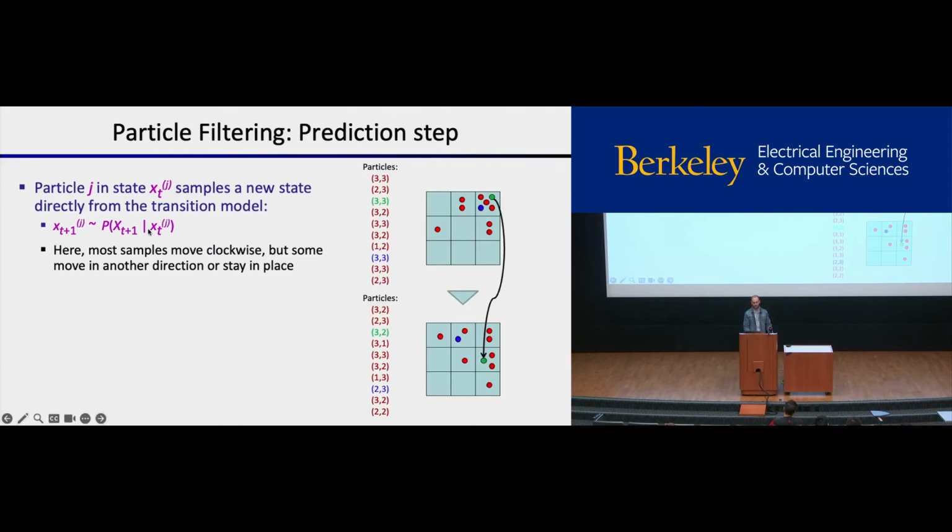what this state is. So here is a particular value that big xt could take, little xt. Here is a distribution over what xt plus 1 could be. And now we sample from that distribution. So this green particle becomes a distribution, and then we sample from it, and now it's a new green particle, basically. And the transition model for this is like kind of moving clockwise, but a little noisily. So this green particle's gone there, this blue particle's actually gone backwards.